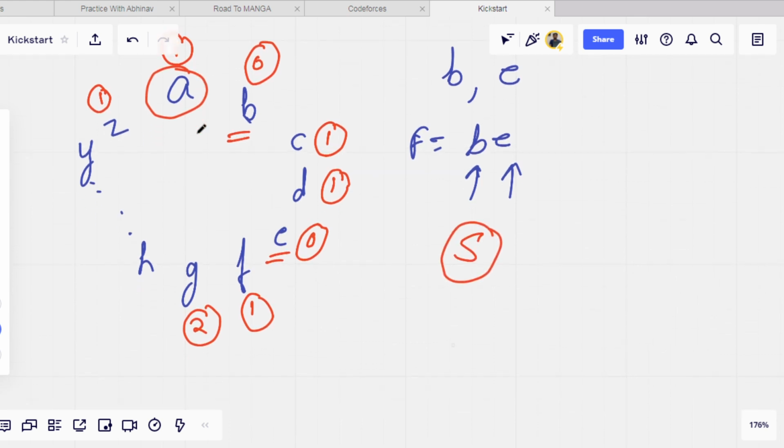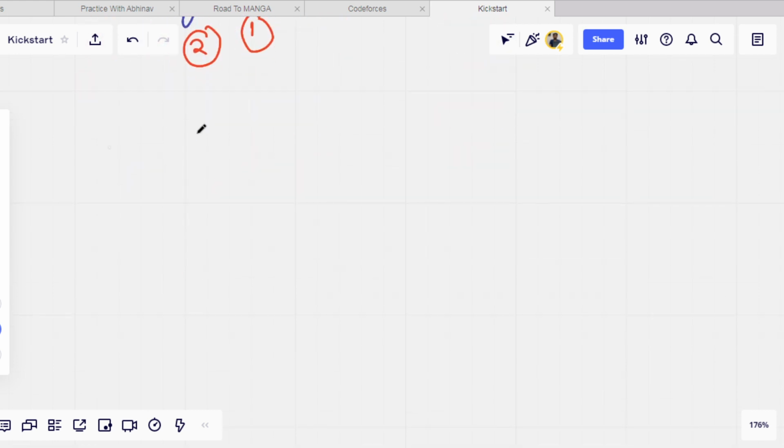For this, first of all we will use an unordered map. What will the unordered map do? It will basically store all the favorite characters. The map is M of char comma int.